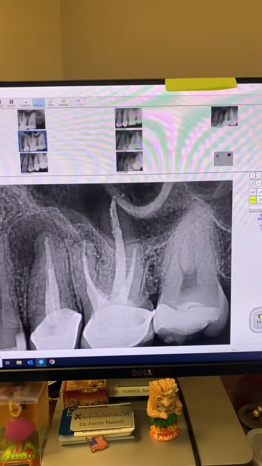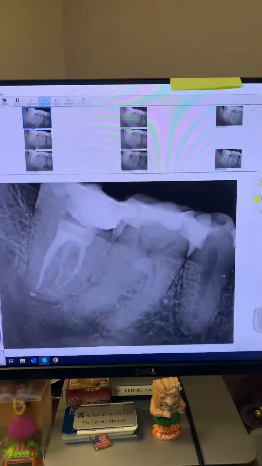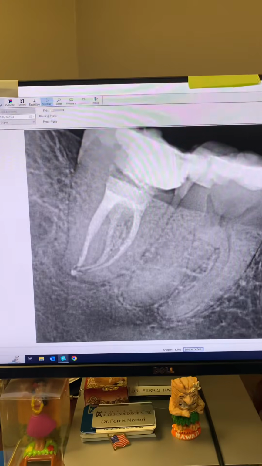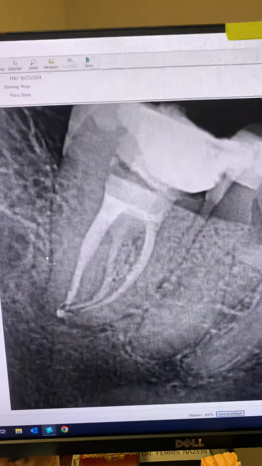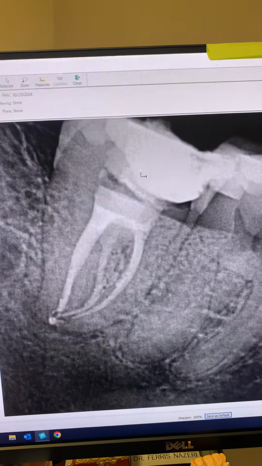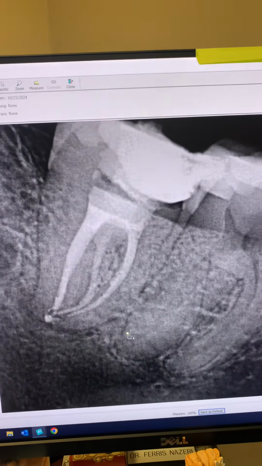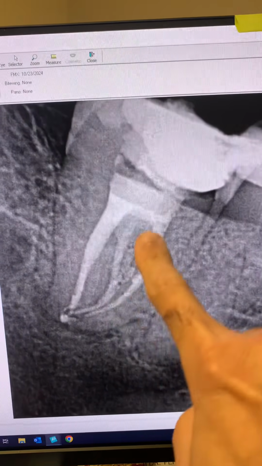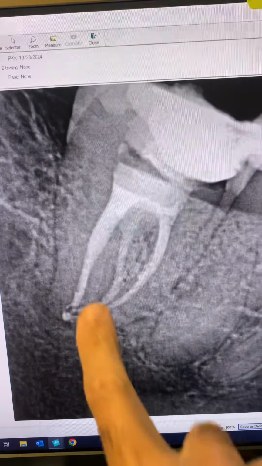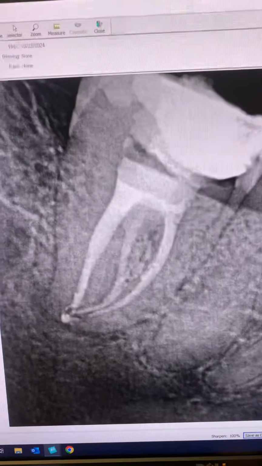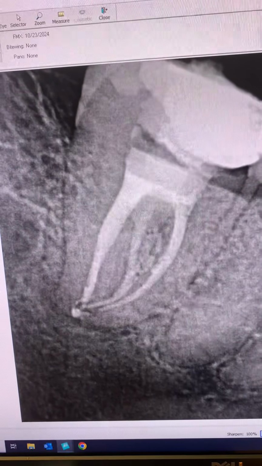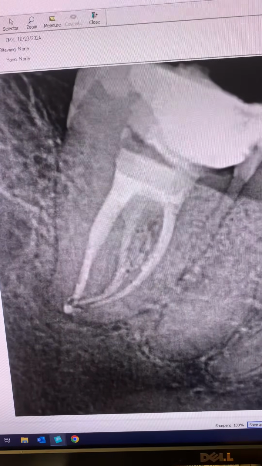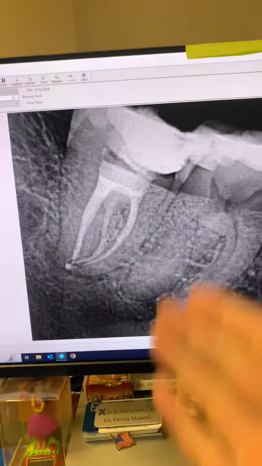And let's look at the final results of tooth number 31 that we just completed the root canal on. So as you can see, everything went beautifully. This was a C-shaped tooth. Two mesials, one distal, and look at all of this anastomosis between the mesial canals, and look at all of that beautiful anatomy in the apical area of the root canals of this tooth. As you can see, everything went great.